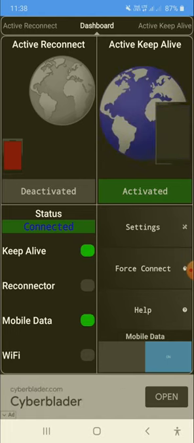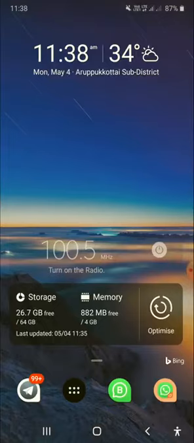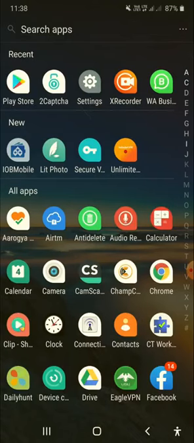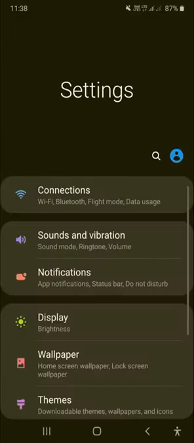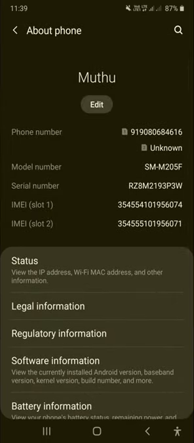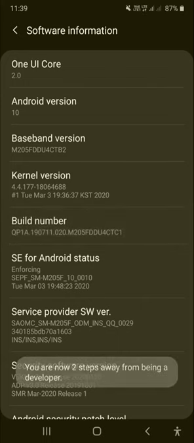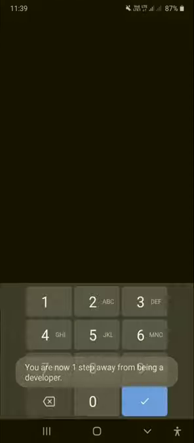After connecting the connection stabilizer, just close this. Now open your phone settings. In this, you have to activate developer option. Developer option will be in About phone. About phone is at the bottom of settings. Just click that and open it. Click software information and click on build number 7 times. 1 2 3 4 5 6 7. If you click 7 times,